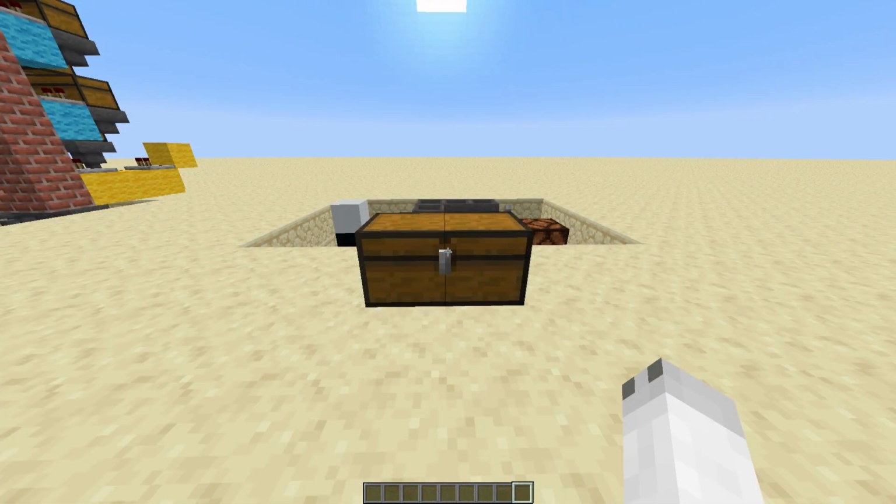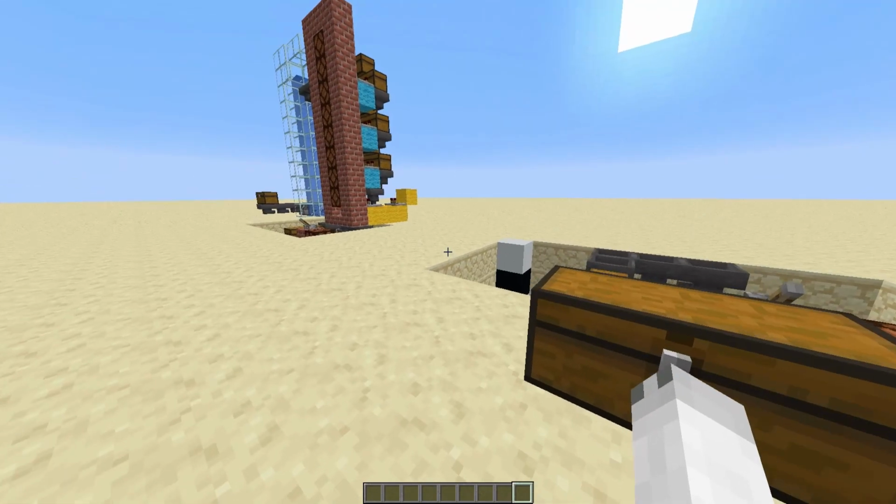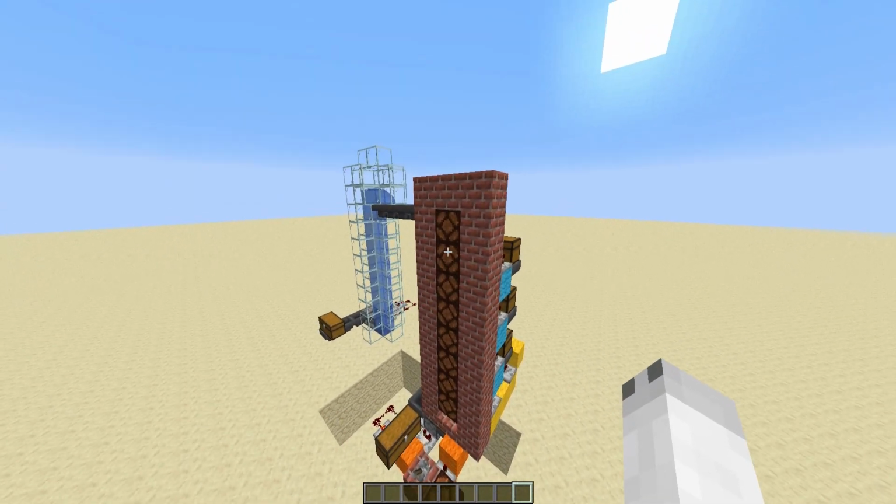Okay, for the next part, I've given you the exact amount of a few things. For my design, you are going to need 16 chests, some redstone dust, 8 comparators, 2 redstone repeaters, some hoppers, some building blocks, some redstone lamps, and some bricks. Now, of course, you can extend this all the way up, like 10 blocks. I've got mine at 8, so I have